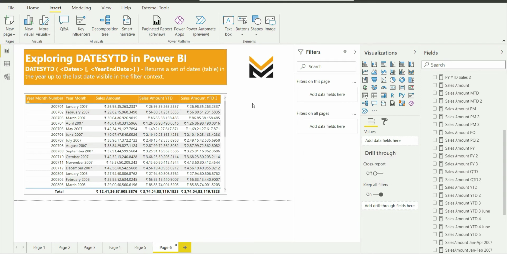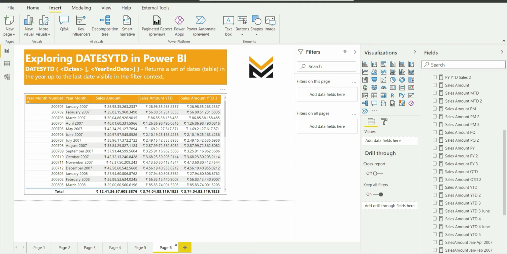Before proceeding further, let's first know what dates YTD does, what its parameters are, and what it returns. Dates YTD has two parameters. The first one is actually a set of dates. In the first argument you can pass a date column, or you can pass a table which has just one column, which is a date column.